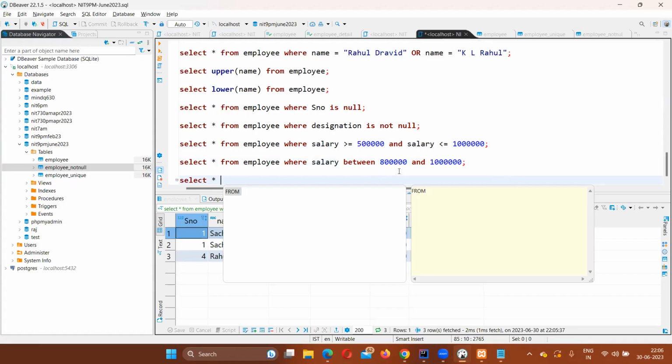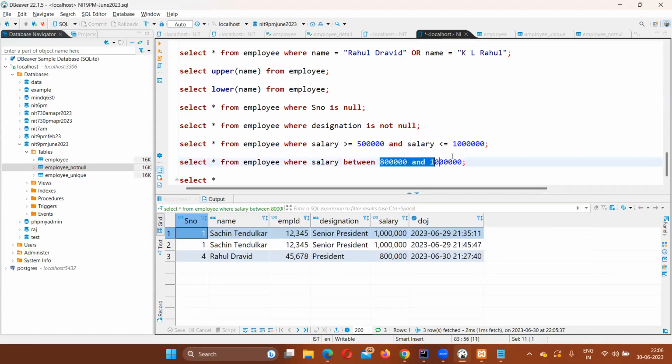If you are not just verifying for 8 lakhs and 10 lakhs, right from 8 lakhs till 10 lakhs, 8 lakhs 1 rupee till 10 lakhs, all those will be considered when you use between. 8 lakhs 1 rupee will also be considered, 9 lakhs 99,999 will also be considered for this particular SQL query. But in the next SQL query,